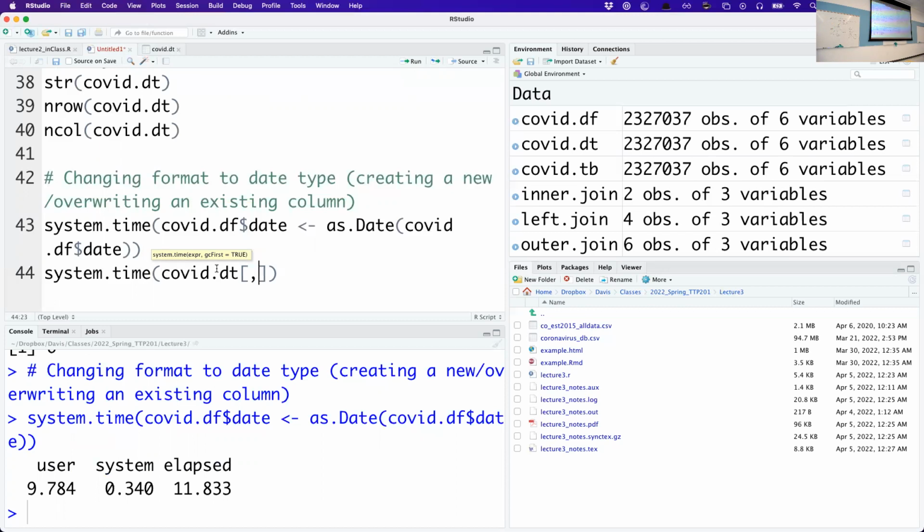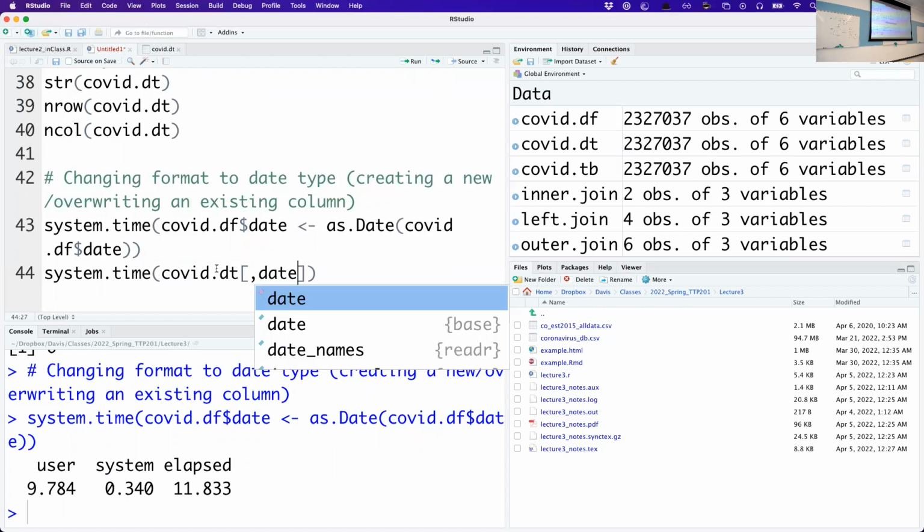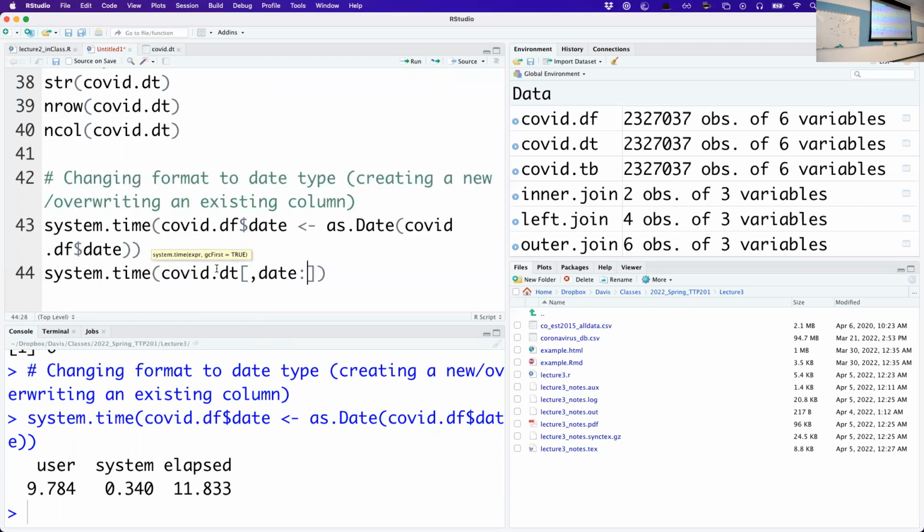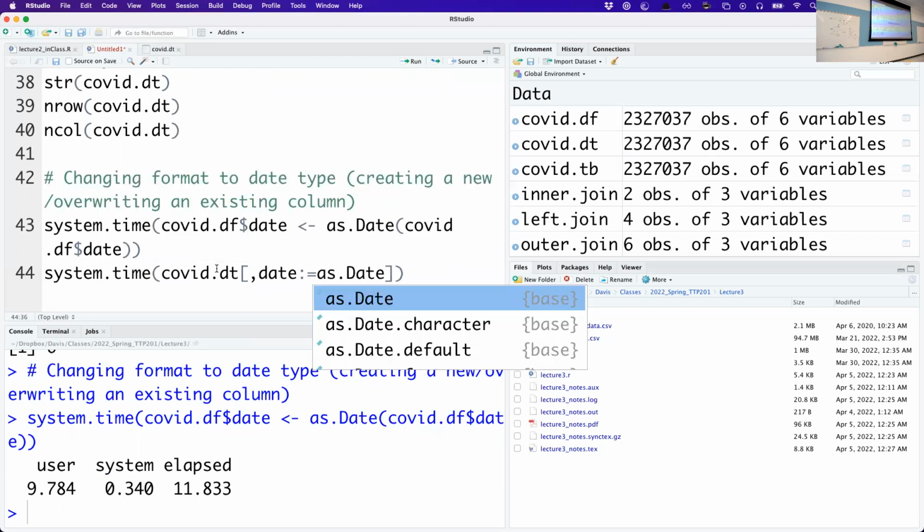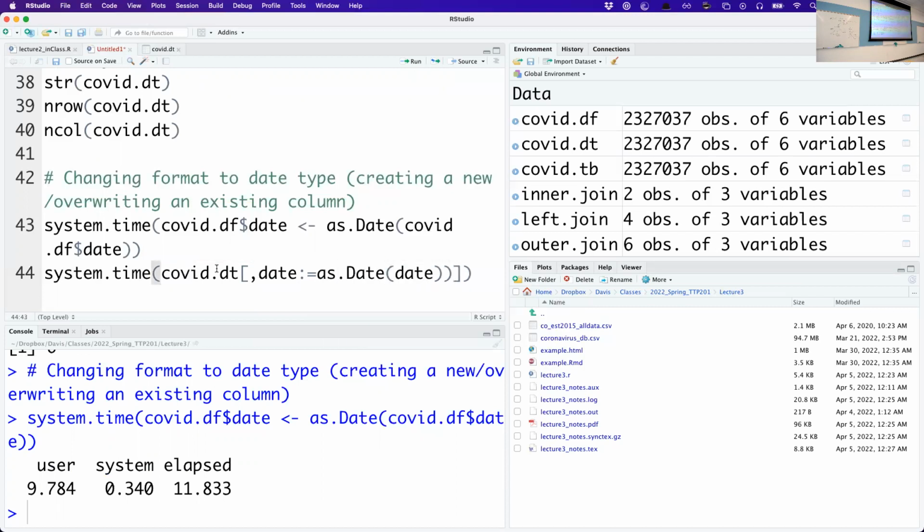Now I can do it to do manipulation. So here I'm going to do something to the column. I'm going to make a column called date, and the way that you do that is with a colon equals, which means I want to make a new column, or I'm going to replace an existing column. And so this is going to be as,